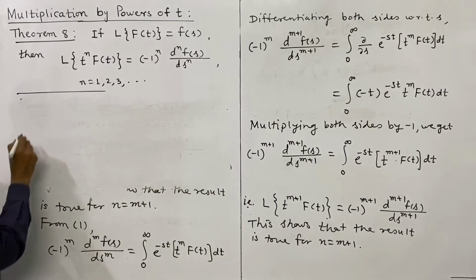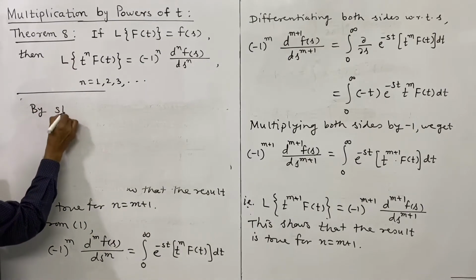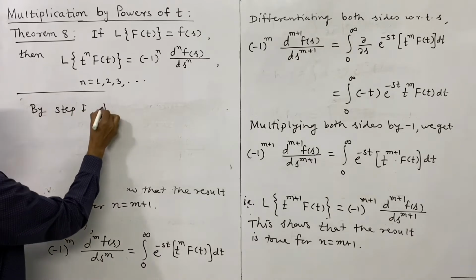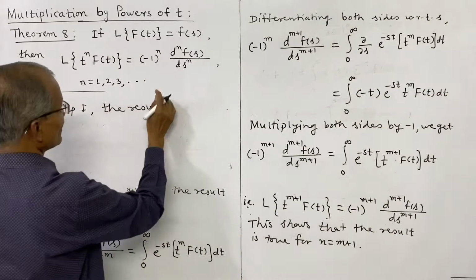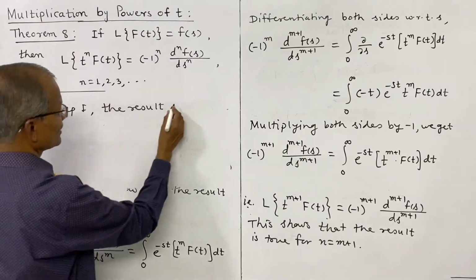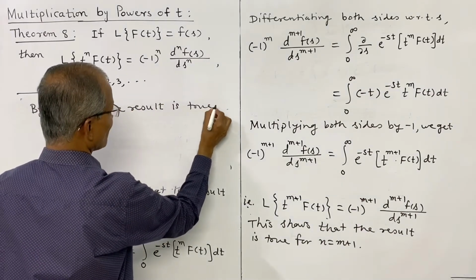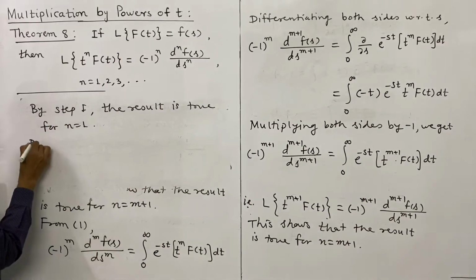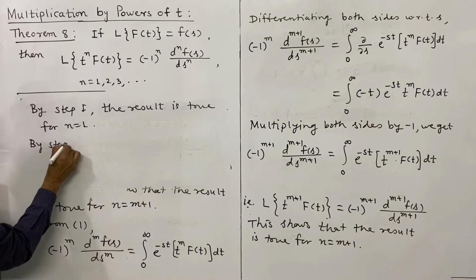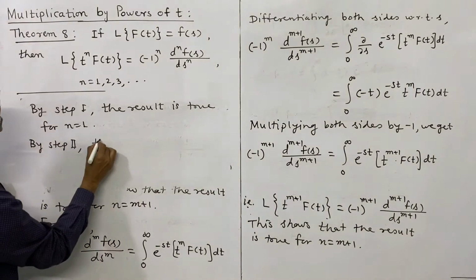Now by step 1, the result is true for n is equal to 1. By step 2, the result is true